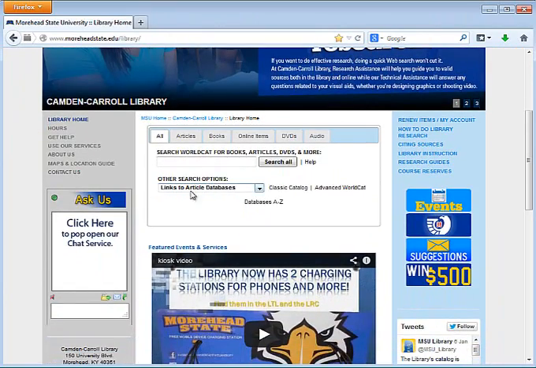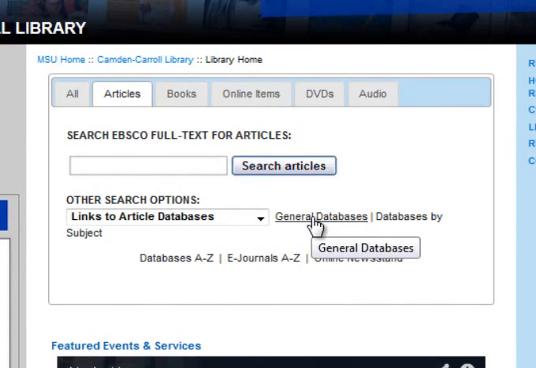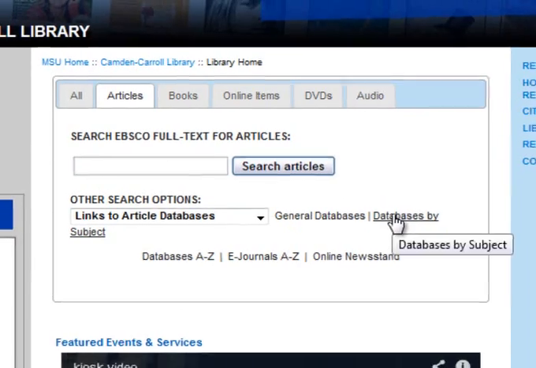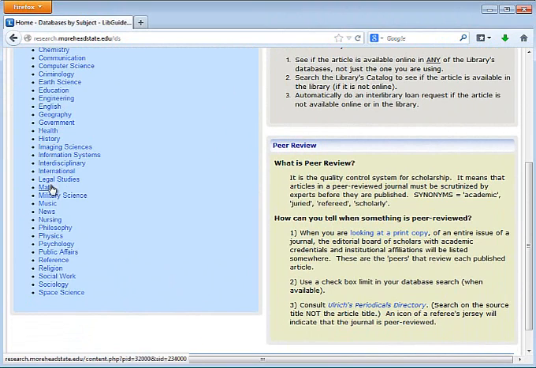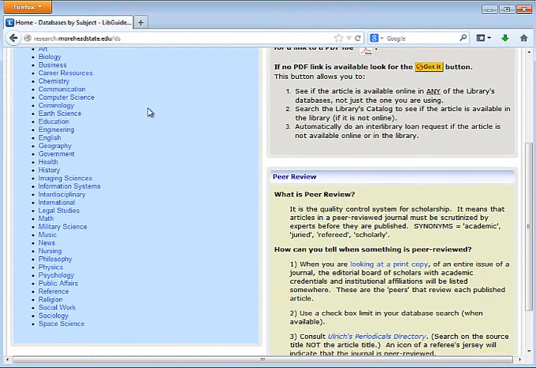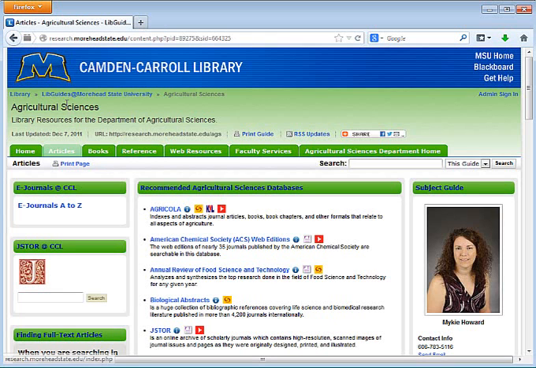And when you're on the library's homepage, again, you can click here for articles. And instead of going to general databases, we're going to instead look at databases by subject. So on this page, you can see we have that same list of subjects that we saw on the general databases page. This is a breakdown of a lot of the major subjects that are studied here at Morehead State University. So basically, this is a breakdown of all the different majors or programs. So for example, if you are interested in agriculture, we can click here for agriculture and find out what databases